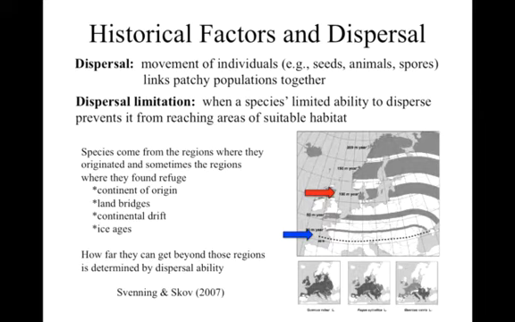And so you see plants that move about 100 meters per year might have gotten up to the Nordic areas. Plants that only move 50 meters per year would not have. And in order to get to the top of Norway, plants have to be moving about 200 meters per year. And so there's some idea that